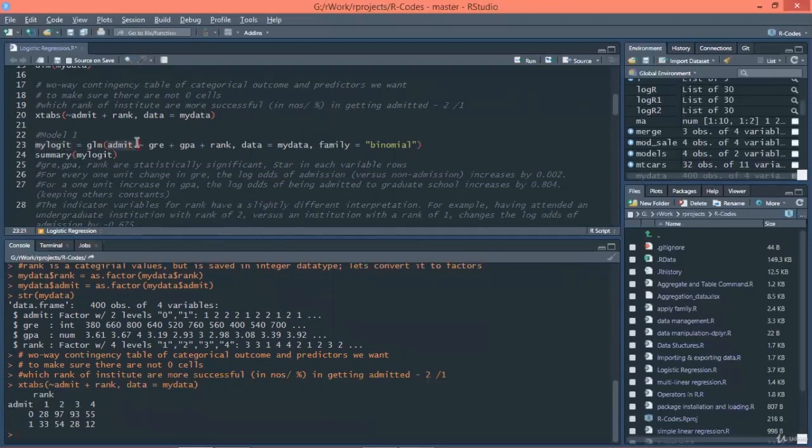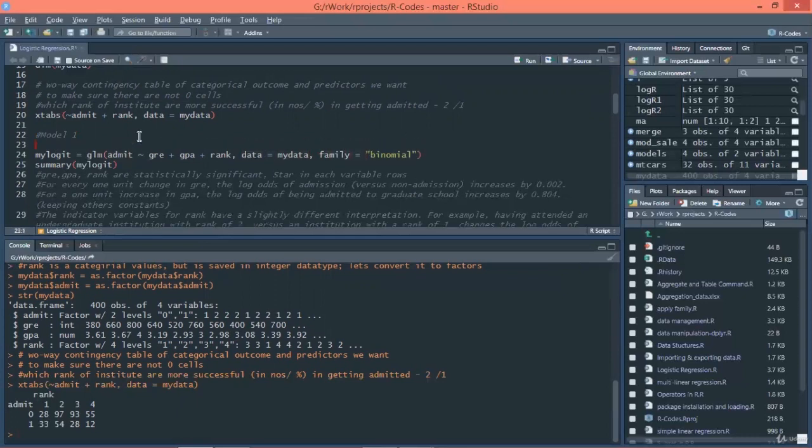Inside the bracket, I am first giving the dependent variable. We want to understand whether the student got admitted or not in the college. So the dependent variable is admit here, and these are the independent factors on which we will get the output: GRE, GPA, and rank. Now data is my data, and family. You can check the GLM